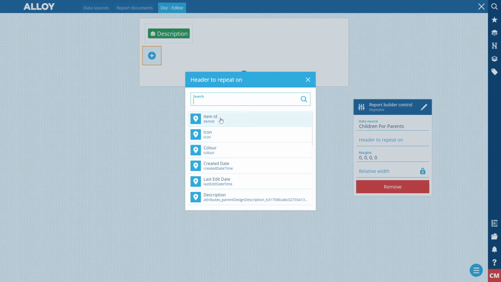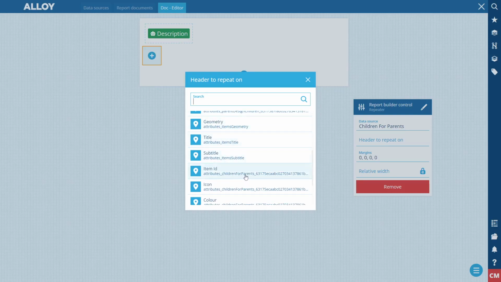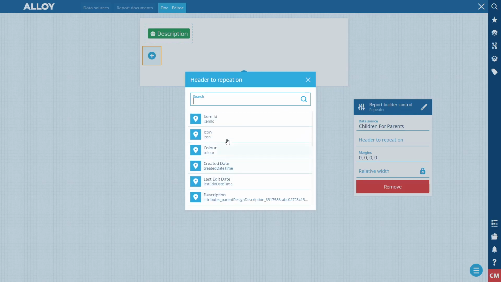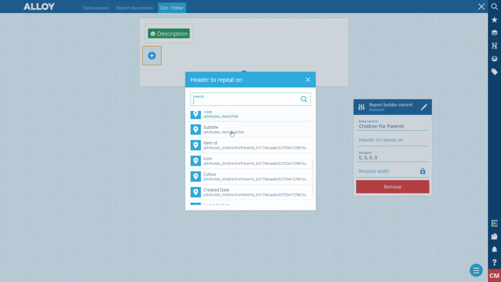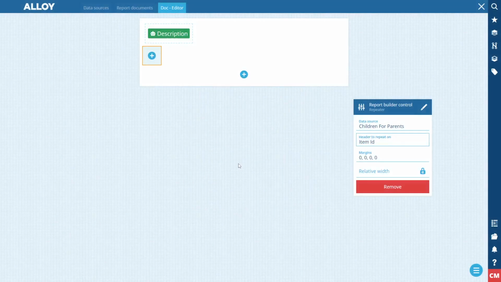The join data source will concatenate all the attributes together and all the headers together. So you'll see that there are actually two item IDs. However, one's come from the children for parents and one has come from the parent itself. So specifically, you want the children for parents. Otherwise, all that's going to happen is it's going to group by the parent item ID, and that is available on all of them. So you'll just get one row. But if I pick this, now we're successfully iterating over the join data source that we created,